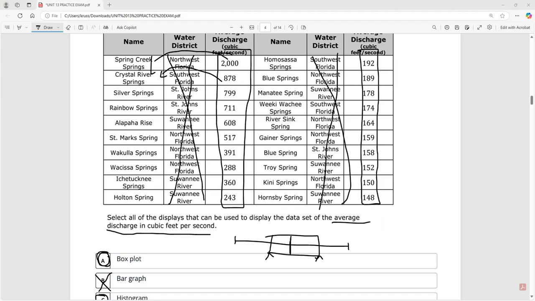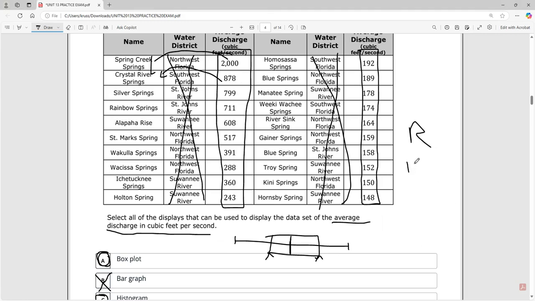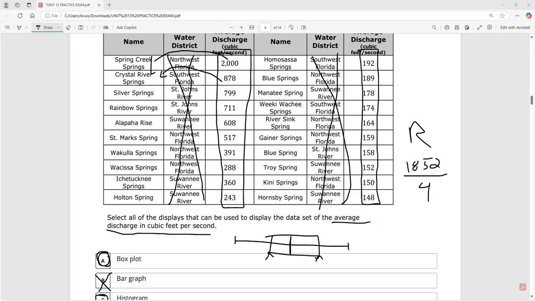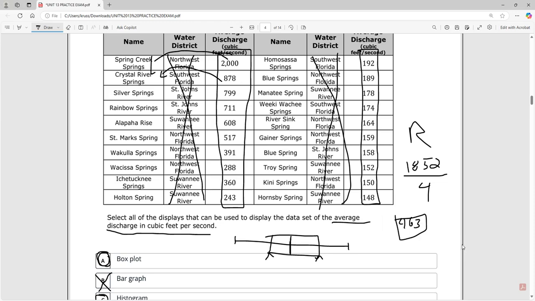2,000 minus 148 is 1,852. That's the range. And if I divide that into 4 bins, let's divide that by 4. It's 463. So 463 would be the range of each bin, right? So it would be 2,000 minus 463